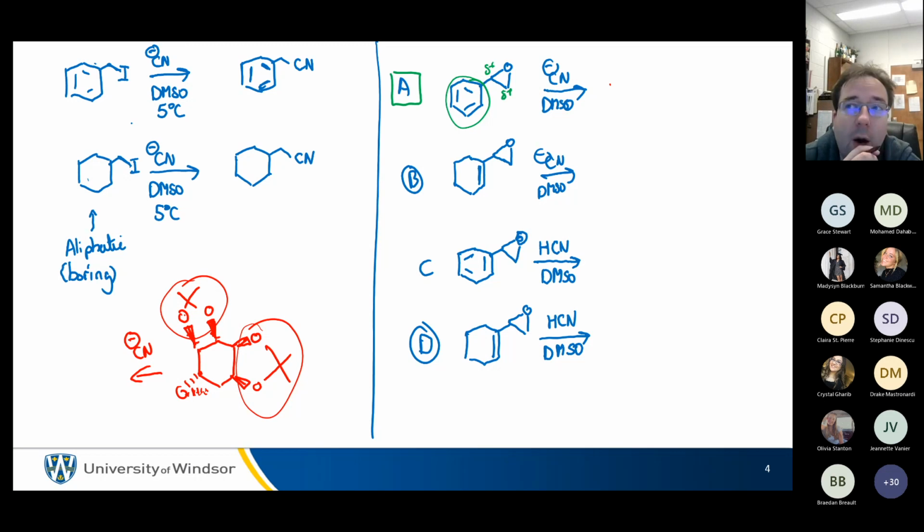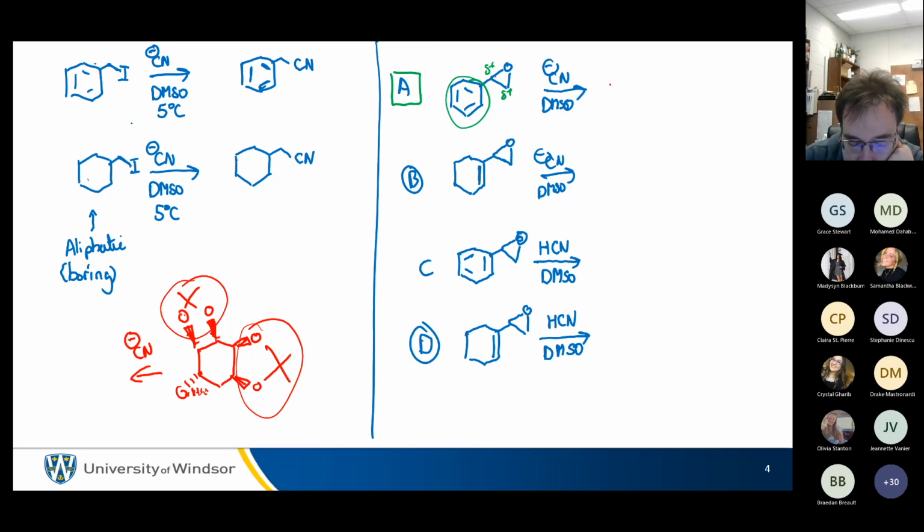This is a really, really hard thing to do because cyanide is a small nucleophile, but there's just no angle. There's no way to get there. So we had to use really, really harsh conditions. So that's why I'm thinking about cyanides and epoxides today. But if we go back to cyanides and epoxides,